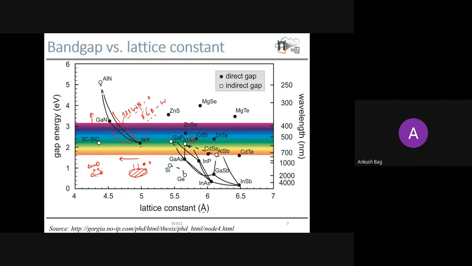So coming to this, due to this lattice constant difference in your crystal, there will be defects. And once your material is defective, it will not give you reliable operation. So overall, this device may fail. That is why similar lattice constant material is important. And this is another challenge. So that is why lattice constant and band gap are two important factors, and this way we need to design our device.